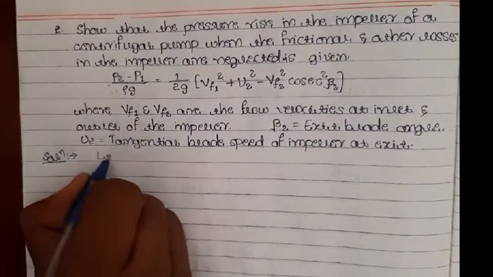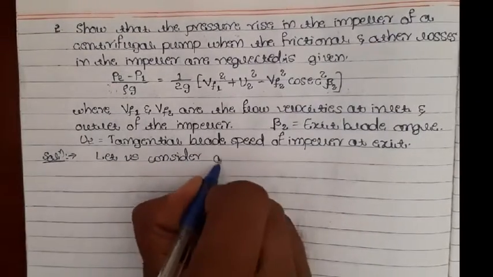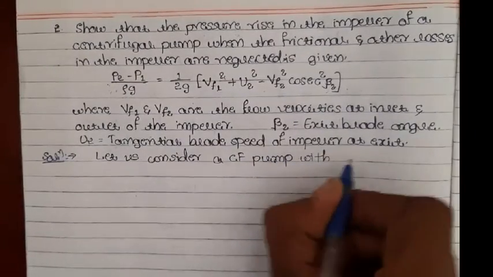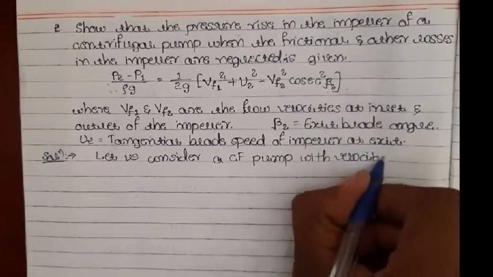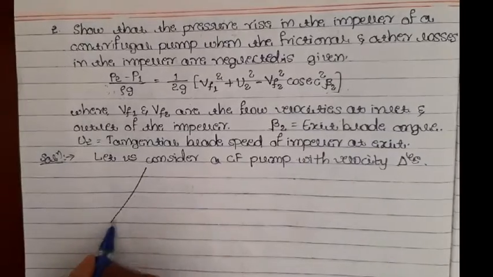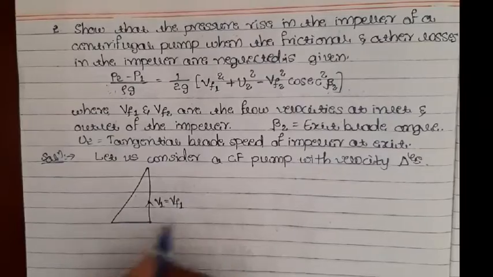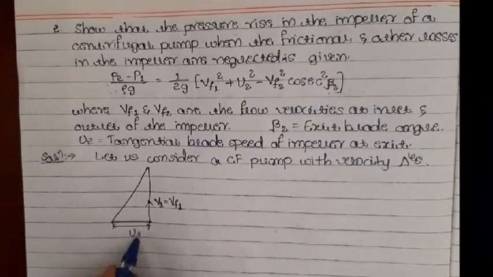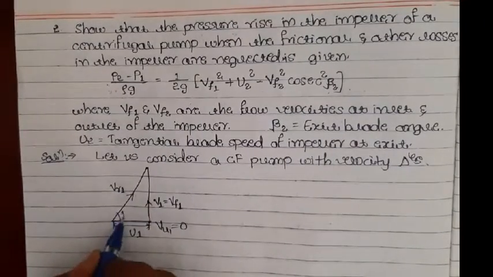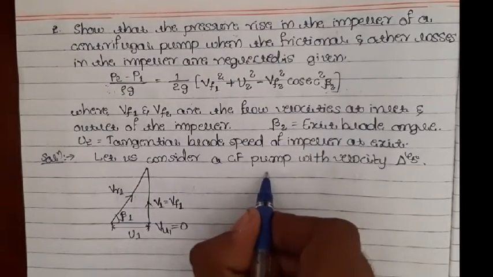Let us consider a centrifugal pump with velocity triangles as follows. Let us consider the general velocity triangles for a centrifugal pump. We know that there will not be any entry variable velocity, that is V1 will be equal to Vf1, and this will be u1, and Vu1 will be 0 as I told. Then let this be Vr1 at an angle beta 1, right? So this must be the common inlet velocity triangle.